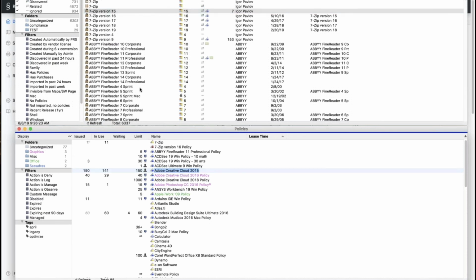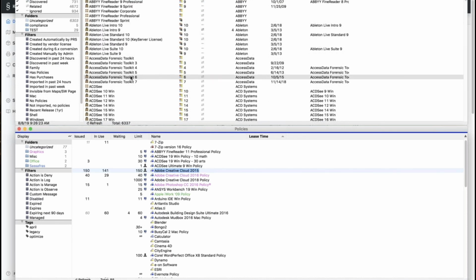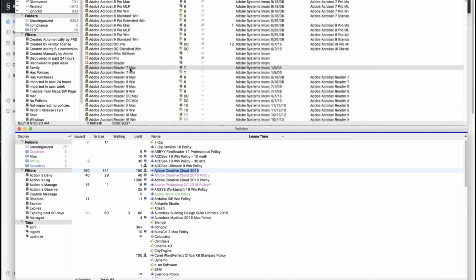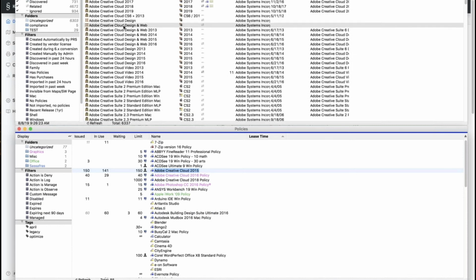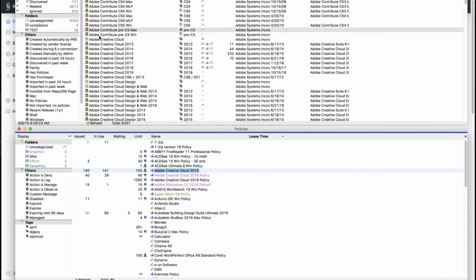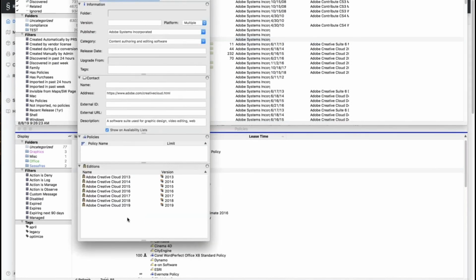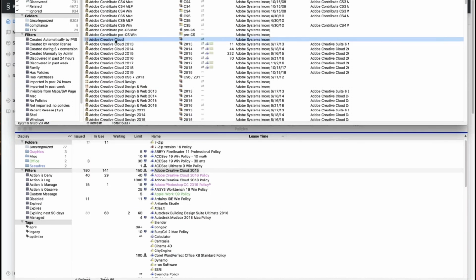So this icon here with the 4 squares, you can see looks different than the regular product icon. And as we scroll through here, we're going to see there are family versions of these products, which are made up of... I'm just trying to get down to the Creative Cloud product family. So if we look at this product family, it's made up of all the different individual versions of those products. So if I've already got a policy that's maybe tracking all of these, the way to implement the family product is to go ahead and remove these from that policy and add the family version of that